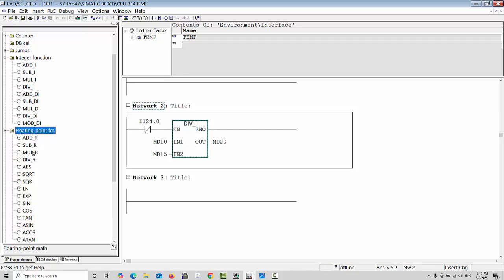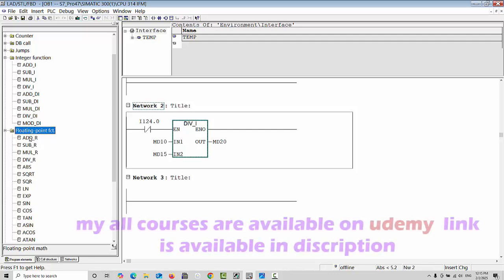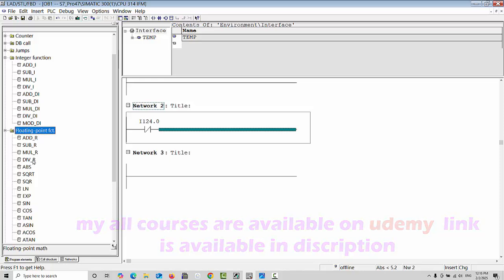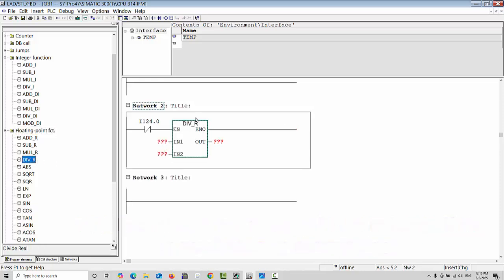If you want to use division with floating point values, you can change this block and go to the division, or you have to write it. Same data, for example MD10 we will choose, here we will choose MD15,